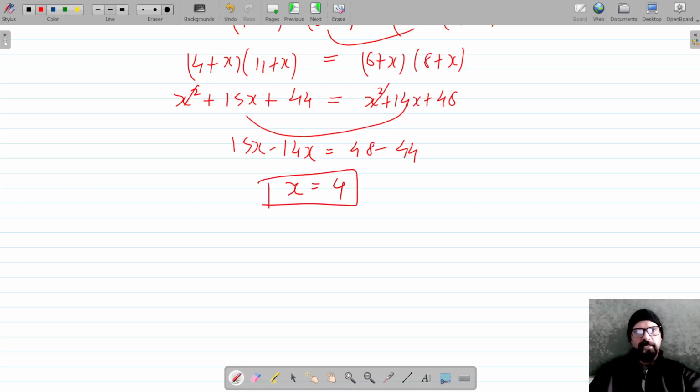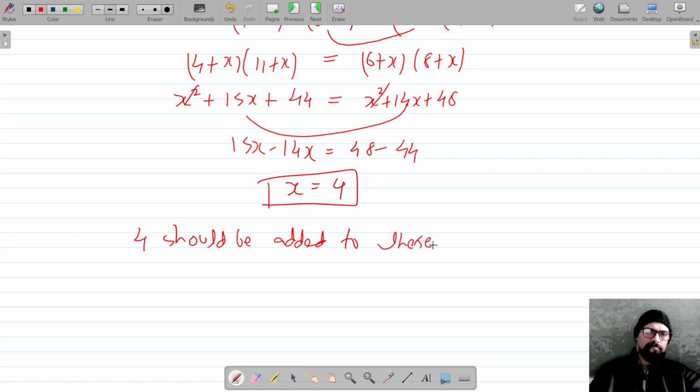So 4 should be added to these numbers to get them in proportion. So we can write 4 should be added to these numbers to get them in